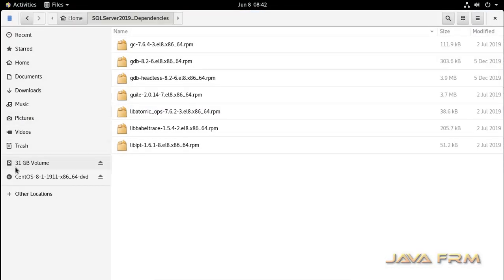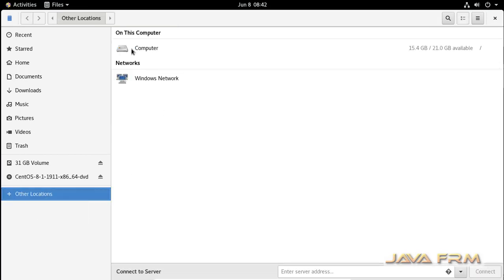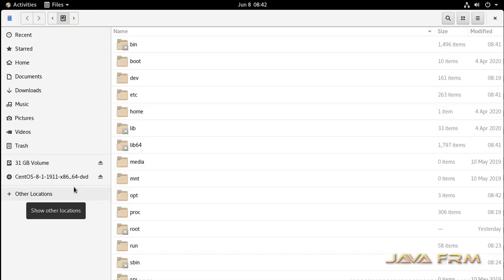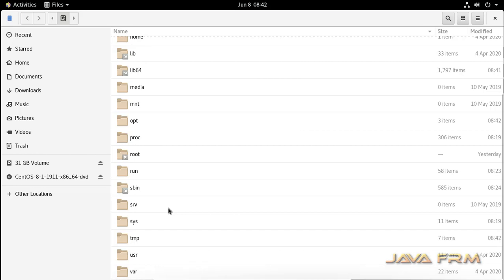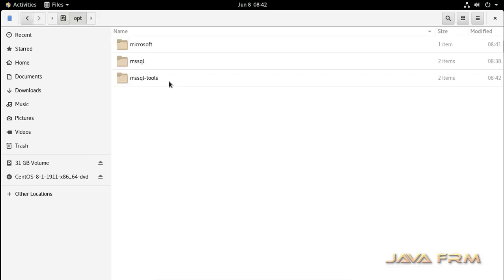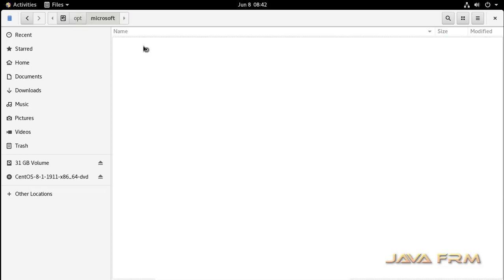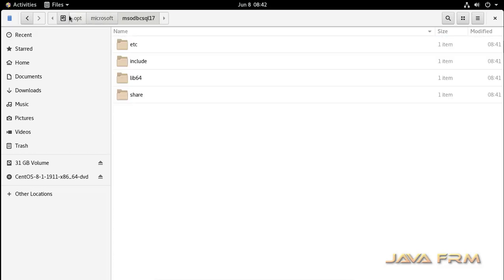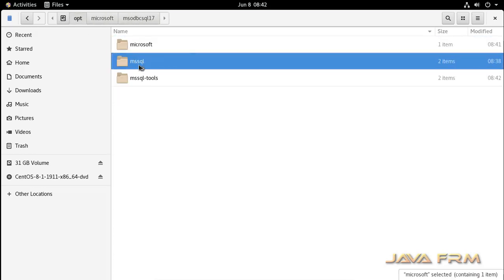Okay, now let us go to the file system. Let me go to the /opt directory. So you can see the 3 directories are there. The Microsoft directory contains ODBC drivers and library files.